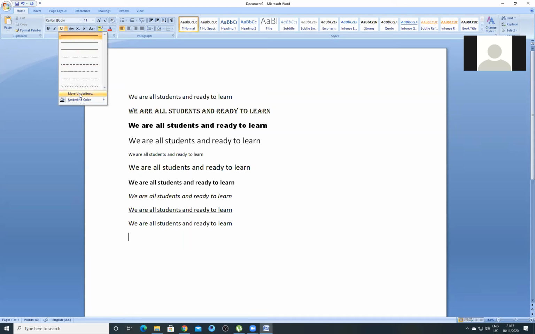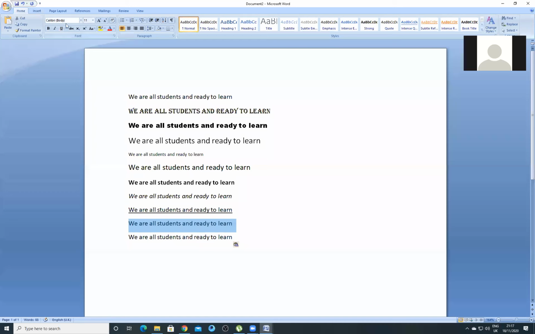If you click here, you are going to have that. And of course, it doesn't end there. You can even change the color of the line which you are using to underline. For instance, presently we are working with a black line, which just underlines as you see like that. Now, if I wanted to use another line, say maybe